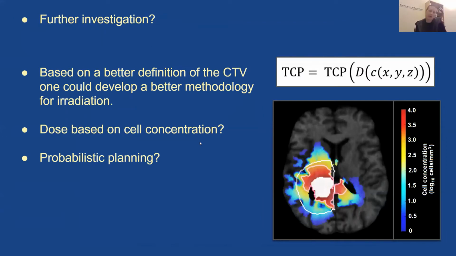Well, first of all, I'm not an oncologist, so I have limited expertise in exactly how we should do this in practice. But exactly like this suggests, I think a good first step would perhaps be to conform to the white matter tracts, or at least more to the folds and barriers of the brain, because this isotropic expansion seems to be a very classical way of doing things, where they have just expanded.